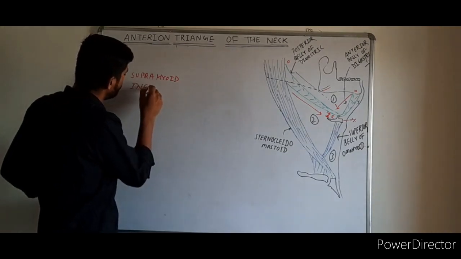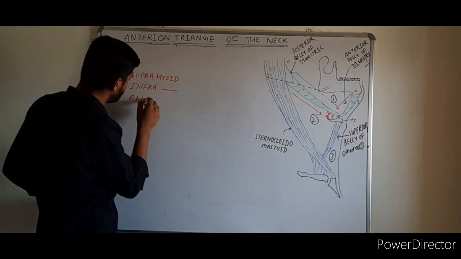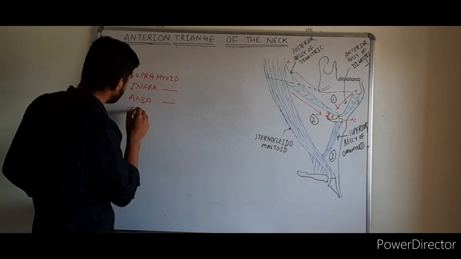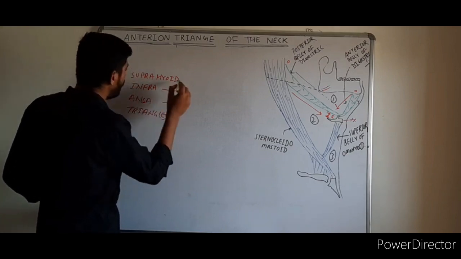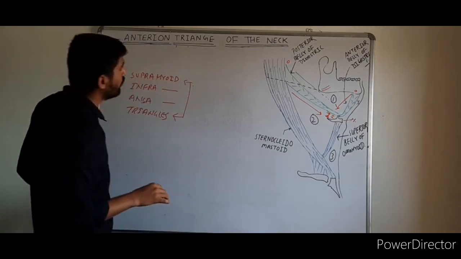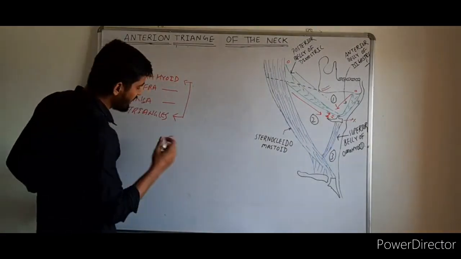So it's all about the 4 triangles, and what we have seen in this: the suprahyoid, infrahyoid, ansa cervicalis, and triangles. These all 4 are very important things we have covered in this video. So my next video will be on the posterior triangle